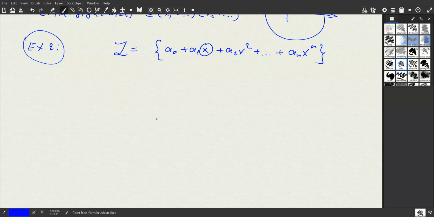This is a linear vector space. What do you think is the dimensionality of this space? n plus 1, a0 to an, n plus 1. So you can see that it is equivalent to the space R^(n+1) because each polynomial,